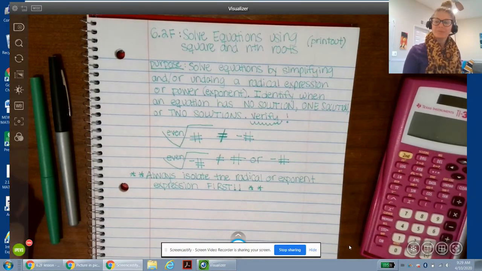Let's get started. The purpose of today's lesson is solving equations by simplifying and/or undoing a radical expression or power, like an exponent. Again, we're solving equations, so we're going to isolate the variable using inverse operations. We're going to identify when an equation has no solution, one solution, or two solutions, and we're going to really focus on verifying, because sometimes you can go through all the inverse operations and you'll actually get a value that's